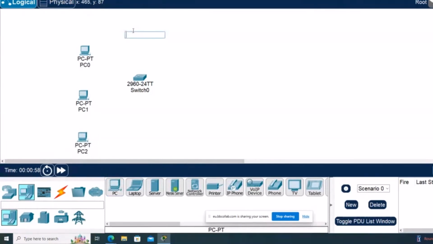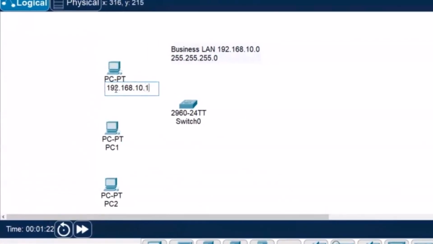And let us call this LAN business LAN. And the address of this LAN is 192.168.10.0. The subnet mask for all LANs in this topology is the same. So this is our business LAN. So let us see the addresses here. This will be 192.168.10.10. And this is going to be 192.168.10.11. And this is going to be 192.168.10.12. For the switch, we will give the VLAN 1 address